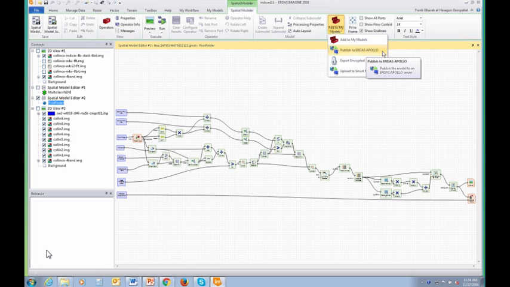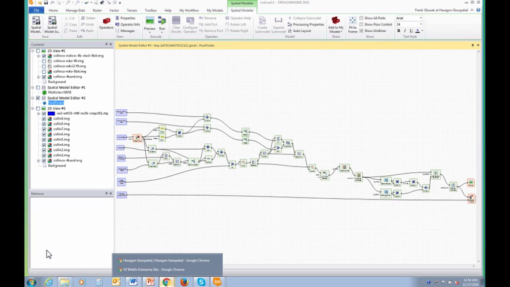We can publish this spatial model. In this case, it's basically a spatial recipe. We can publish this spatial recipe as a web processing service to ERDAS Apollo. The other thing we can do is publish it to the Hexagon Smart M.App platform, or basically cloudifying the spatial recipe. So I have a surface water function that my customers and my end users and my colleagues can run from basically a web environment. And what that looks like